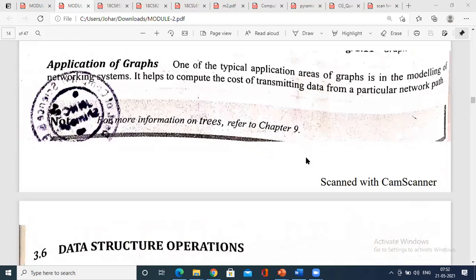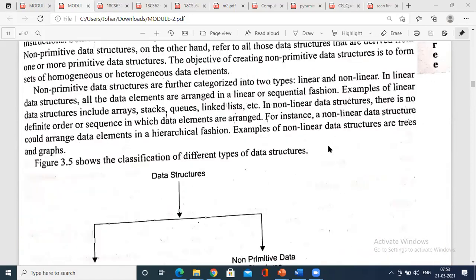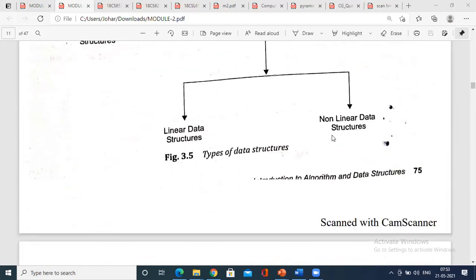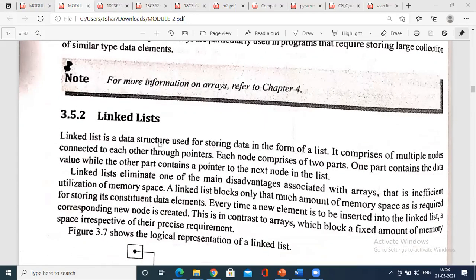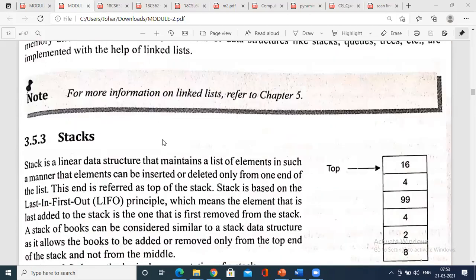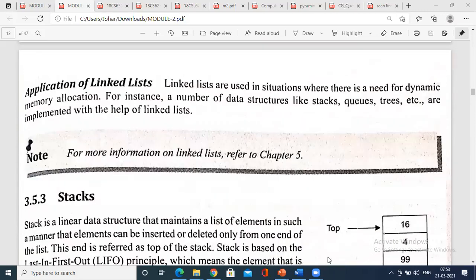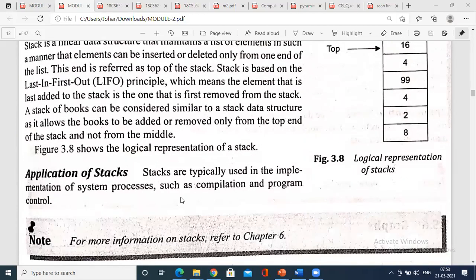So the question could be: list the various data structures and explain. Explain the classifications of data structures and explain non-primitive data structures. Explain all non-primitive data structures. At that time, you should be able to explain, or like explain specifically any two data structures, right? That could be a question. In brief, you have to explain. First, why do we use it, what sort of data structure it is, and what concept it follows. The logical diagram is important, and the application of a stack.